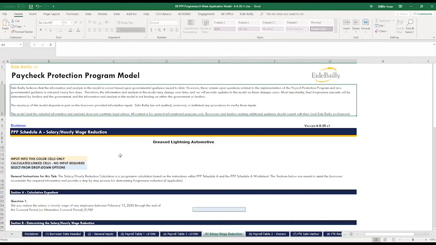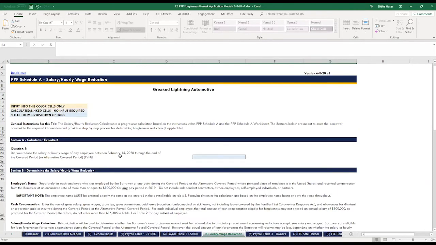Let's jump into our salary and wage reduction approach, which is one of our larger and more cumbersome pieces of determining our loan forgiveness. When we reviewed the calculation and the application form, we identified a couple of potential expedients which can help the borrower work through the process a little bit quicker, and we built those expedients into our model. One of the questions on Schedule A